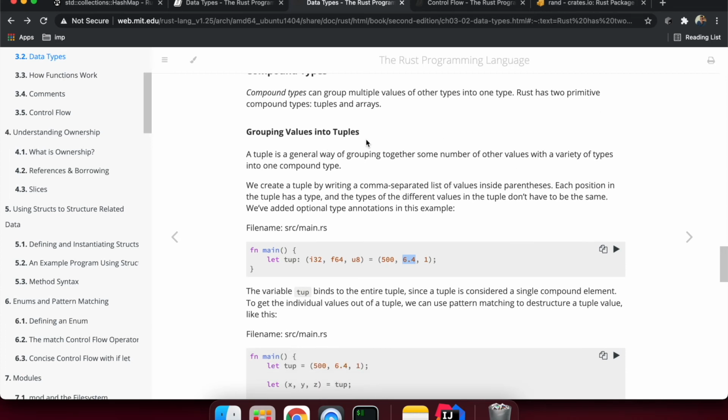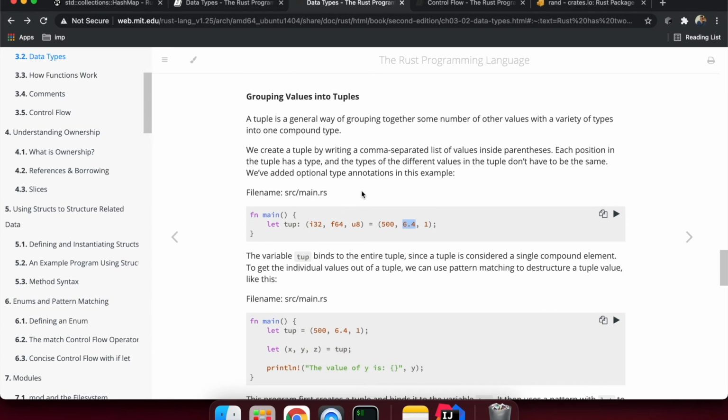In tuples and arrays we can put different data types and group them together. A tuple is a general way of grouping together a number of values with a variety of types into one compound type. We create tuples by writing a comma-separated list of values inside parentheses, and each position in the tuple has a type.